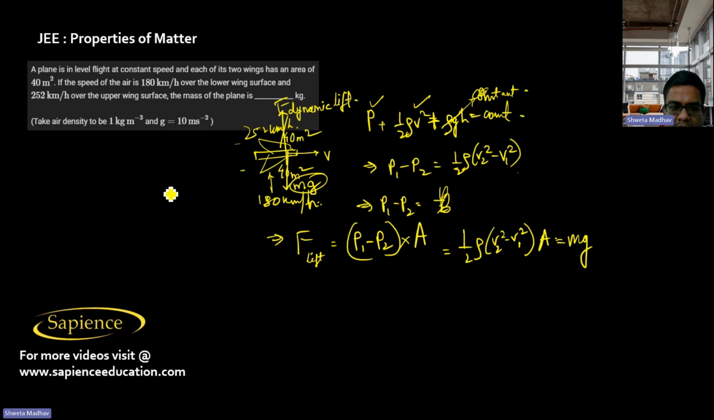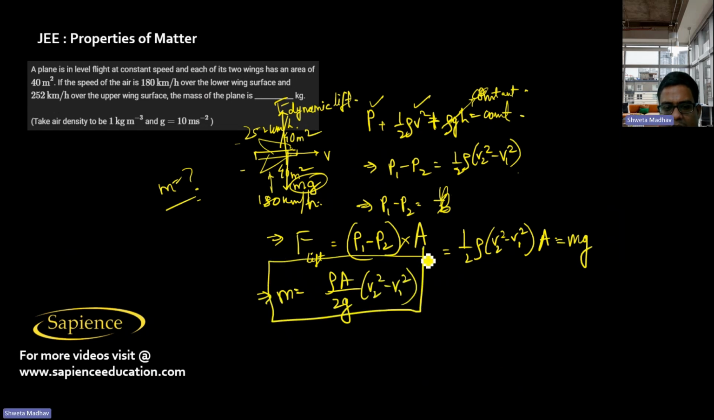So the mass of the plane, we have to find out. Therefore m will be equal to rho A by 2g into V2 square minus V1 square. If we apply this, then we will get the mass of the plane. Here rho is the density of the air, which is 1 kg per meter cube, and A is the area of the two wings, which is 80 meters square, divided by 2g. G is 10, and V2 square,